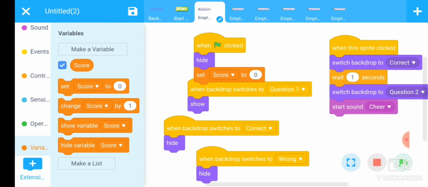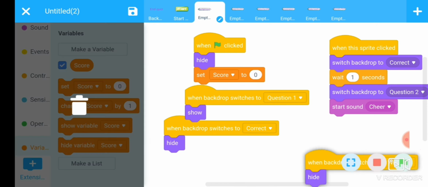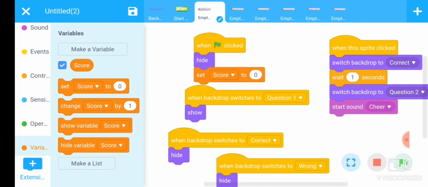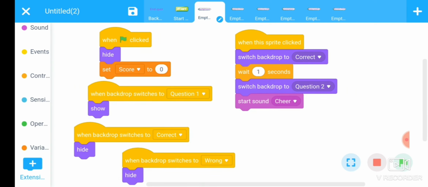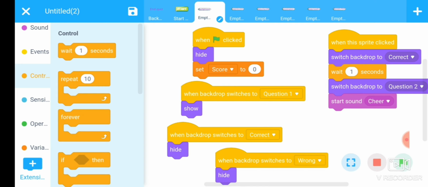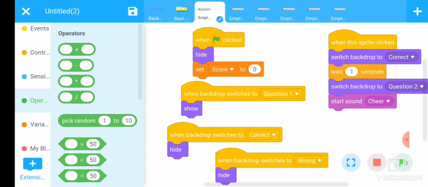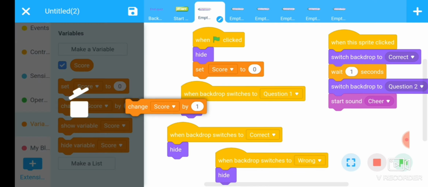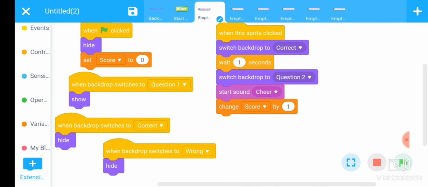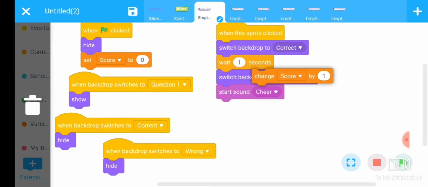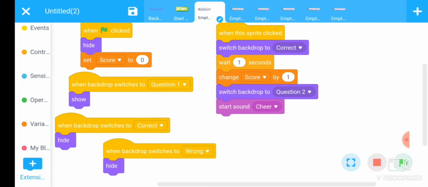Whenever flag click, initially the score value have 0. Okay, or whenever we reply correct answer, the score will change with 10. Change score with the value 10.